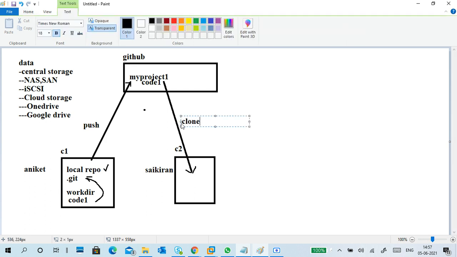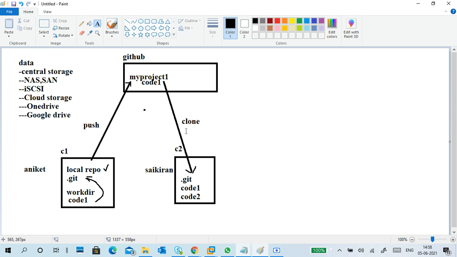By cloning. By clone, he will clone that entire project into his local PC, and now he will get code one, and the .git file, which means the local repository, plus the working directory file. He got code one. Now he developed another code called code 2. So code one is from here, which he took, and he created another file called code 2.